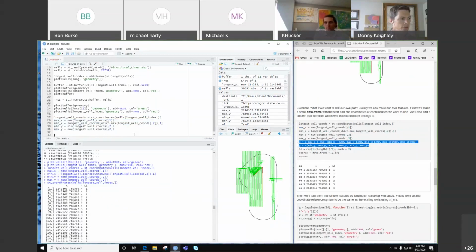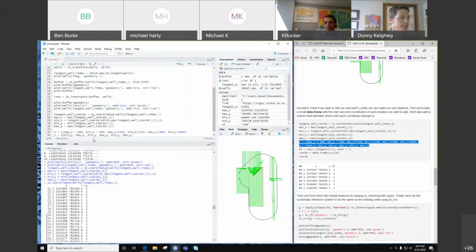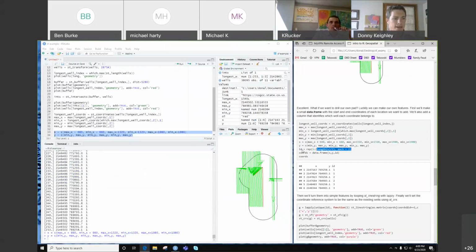So then the next thing I'm going to do is actually do some adding. All I'm doing is taking the max x value, so the x value of this point, and adding 660 to it. And then I'm adding 660 to it again. So I'm just making some x coordinates for some sticks. And then here I'm making some y coordinates for some sticks. And then I am going to make an ID column here